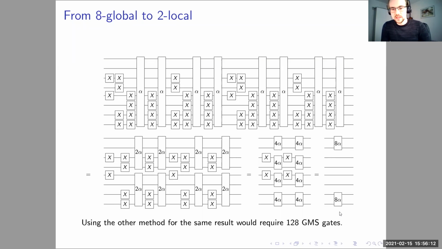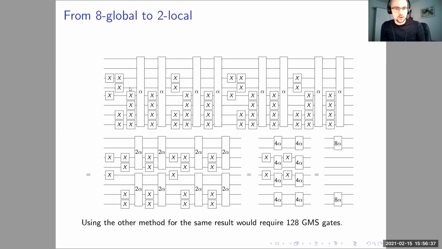So for instance, if our goal is to make a layer of parallel CNOT gates, I can conjugate this with some local Clifford gates before and local Clifford gates after to make these the CNOT gates. And then I have a CNOT gate acting on qubits 1 and 2, and on the 7, 8